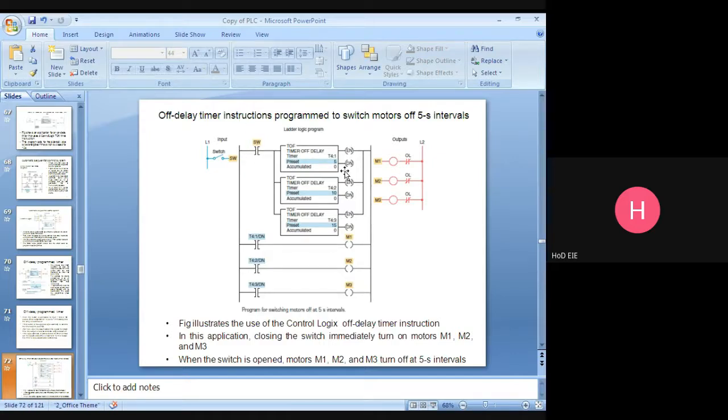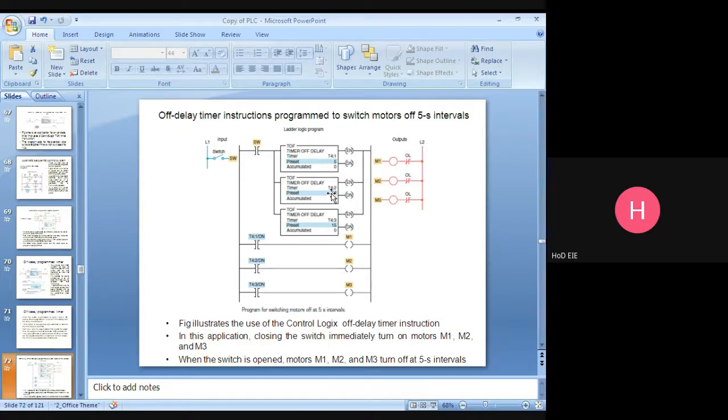So what will happen? Done bit will keep energizing and accumulator value starts timing. Timer is timing 1 second, 2 second, 3 second, 4 second. After 5 second count, done bit will be de-energized. So first contact will be open, motor will be off. Then it keeps counting 6, 7, 8, 9, 10 seconds.